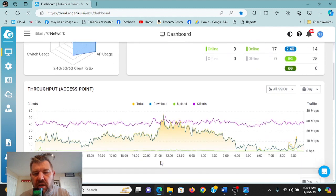You can also see what folks are using for bandwidth, okay? And purple is clients, okay? Those are the laptops, the smart TVs, the cell phones that are online at any given time period, okay? And during the peak hours, we should see that our clients and our usage should be about the same, okay? So when you get to 8 o'clock to 11 o'clock at night, maybe midnight, that's our peak usage time, right? In the campground, it's when people are in campers, they're home from work, they've already had dinner, and they might be watching the news or watching a game. You want to see that,